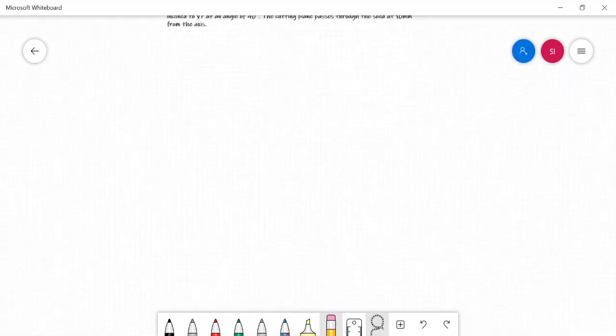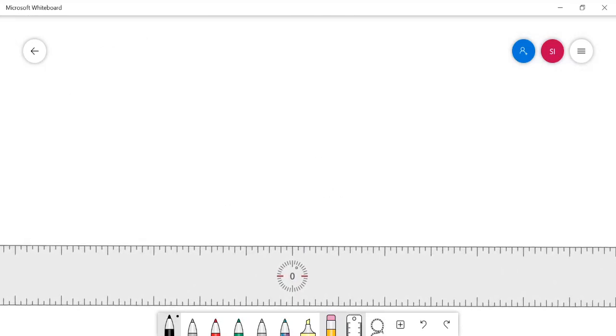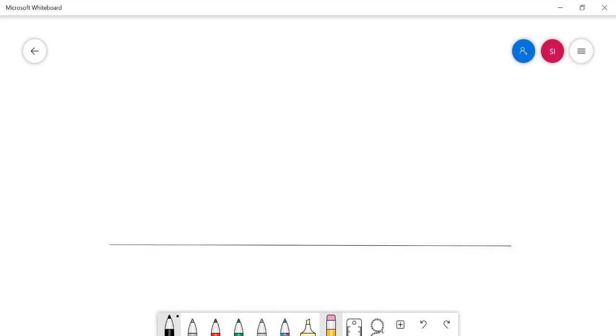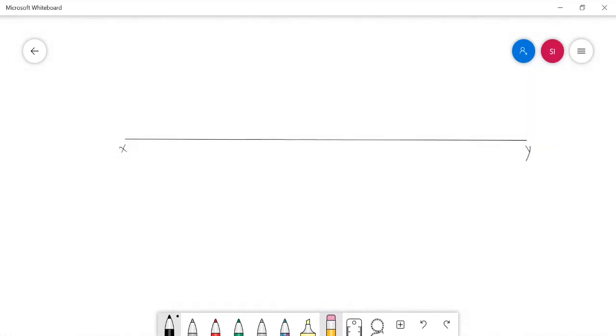Starting from the XY line. Here, the base view is a circle of 60 mm diameter.